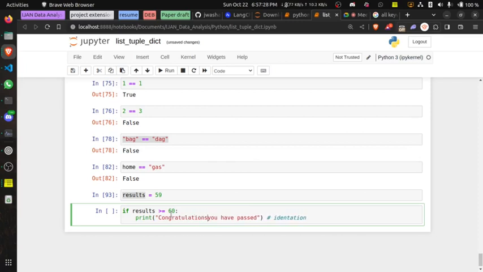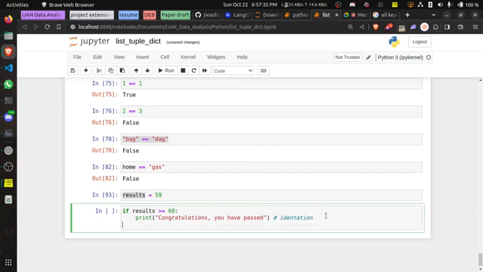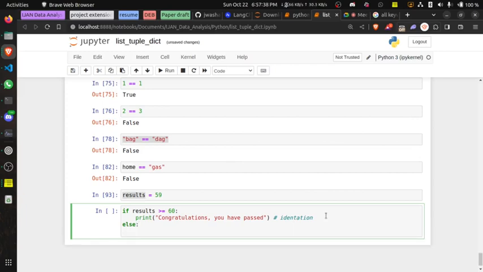Congratulations, you have passed. And if not, that will be else, right? And a colon, and you hit enter, and it creates a new line, and you put print, sorry, you didn't pass.